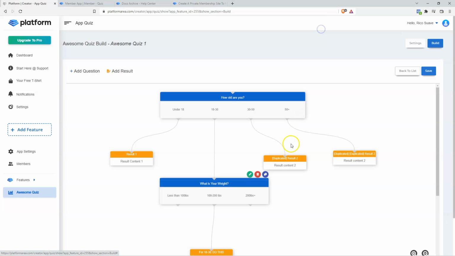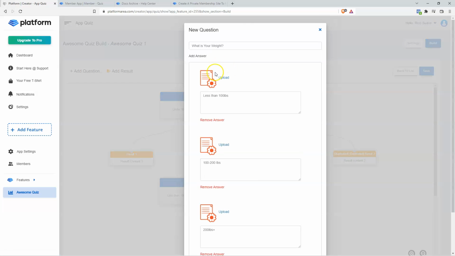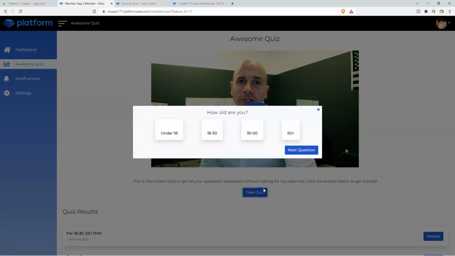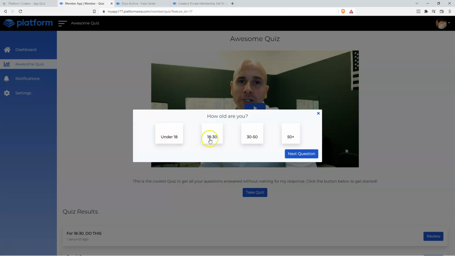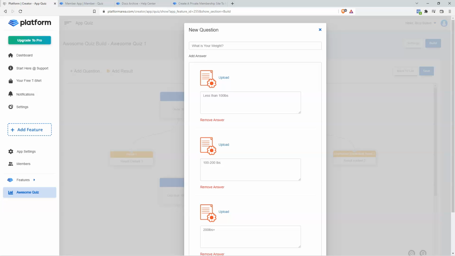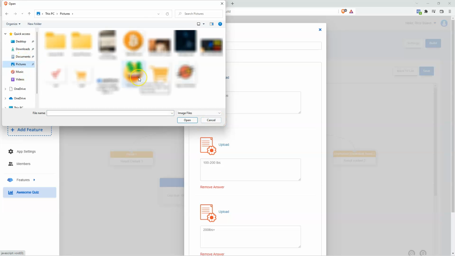Now the other thing I can do is add icons. If I want to upload an icon here so that when somebody takes this quiz, it doesn't just have these numbers here, we're going to add some icons. So let's do that now. We're going to upload an icon. I would recommend going with a squared icon, so you can go ahead and make these up as you move along. So we're just going to add this,